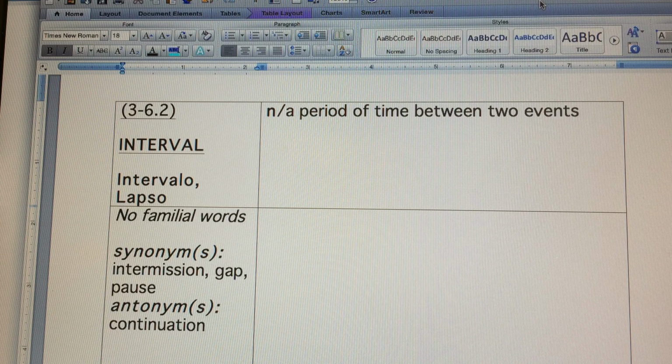Alright, so you're going to write an original sentence using the term interval as a noun, and then give an illustration. Make sure the sentence is about you,